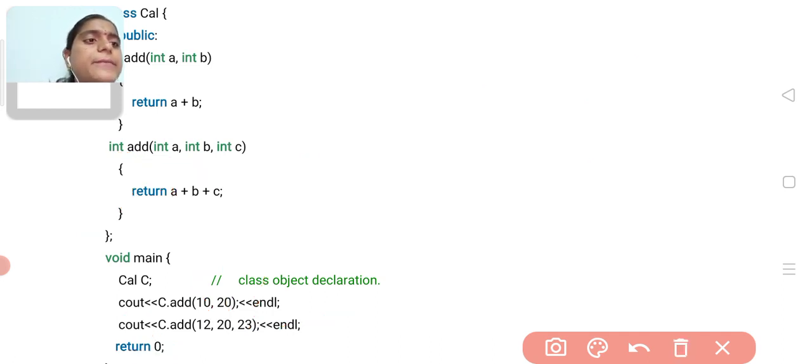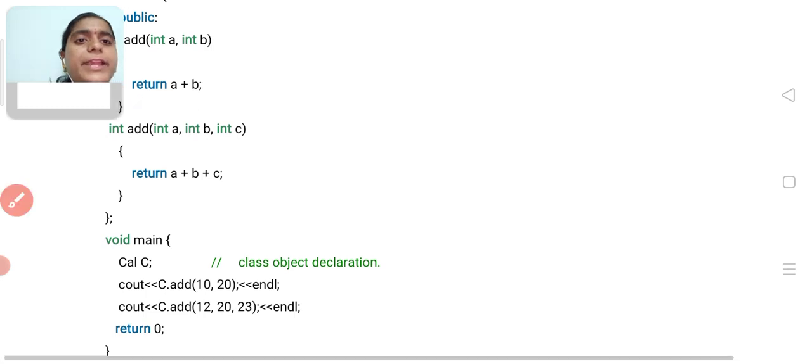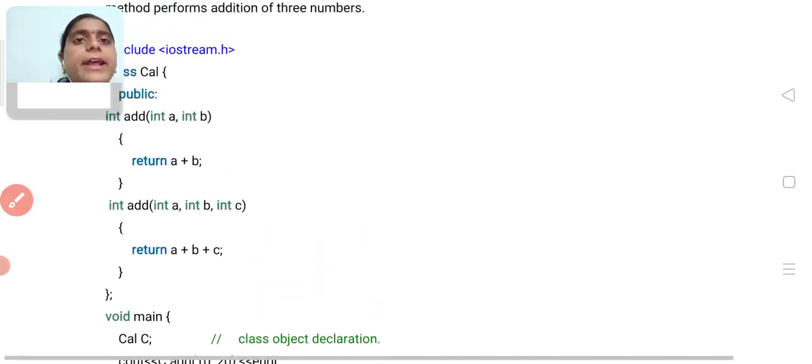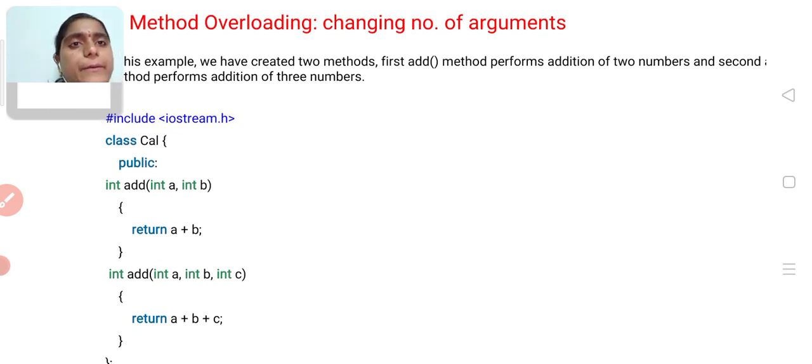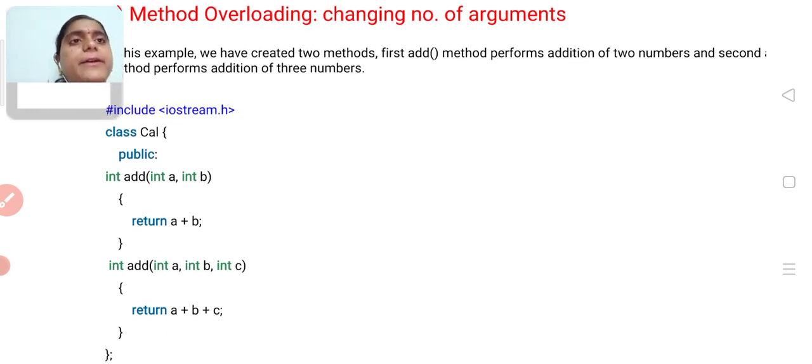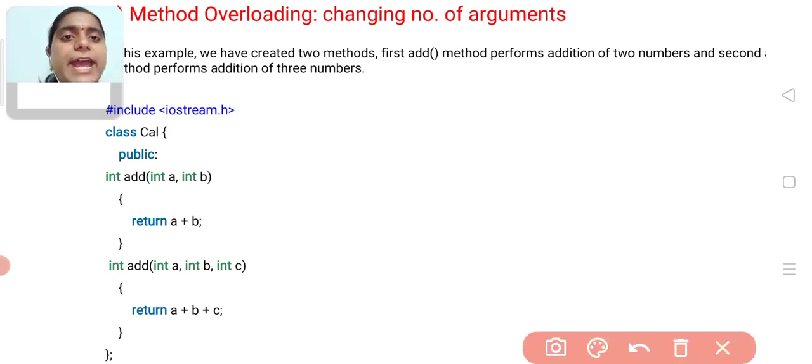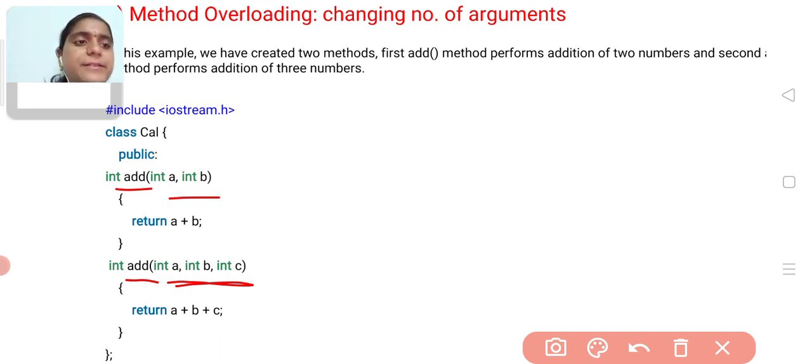Then the program will end. Like that, we can overload the method by changing the number of arguments. Here we have the same method name, but we have taken a different number of arguments. In that way we can differentiate those methods.